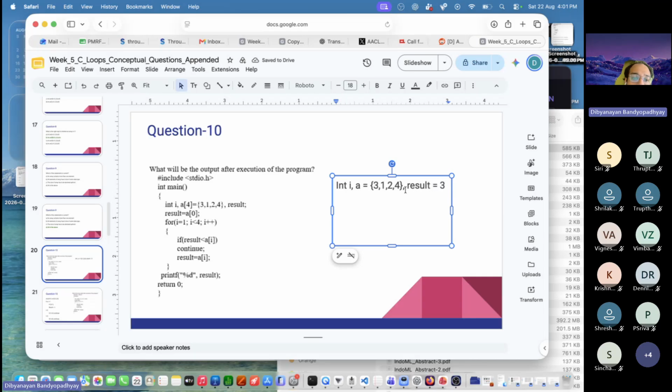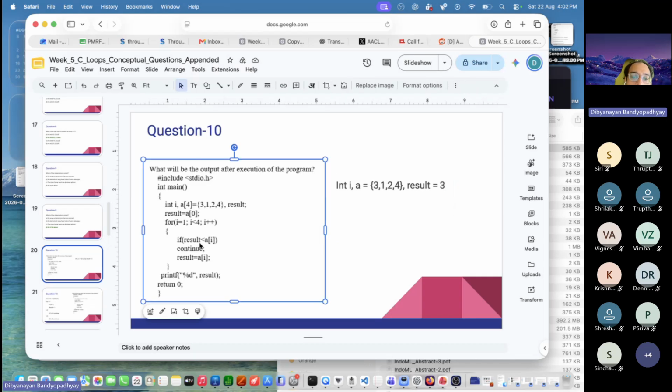Now we are looking at this for loop. Inside the for loop, we are initializing i equal to 1, it will go until 4, and at every iteration we are doing this. If result is less than or equal to a[i]. What is a[i]? It begins from this, so a[i] essentially is 1. So if result is less than 1 or not, it is true. So it continues, correct? So nothing will execute,